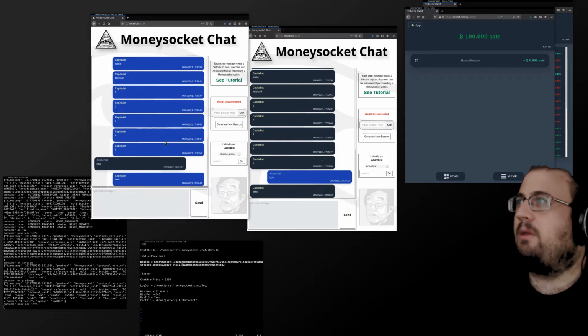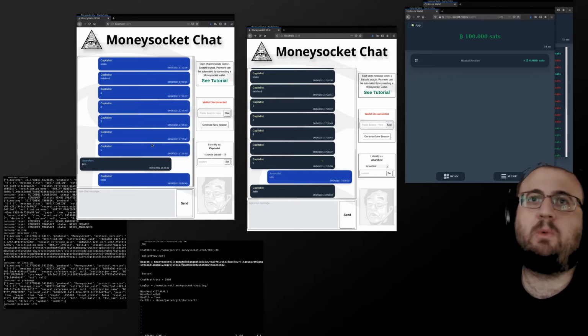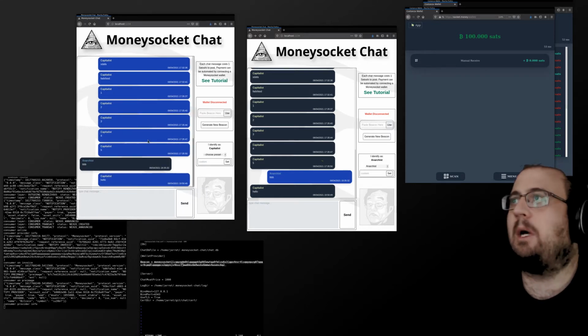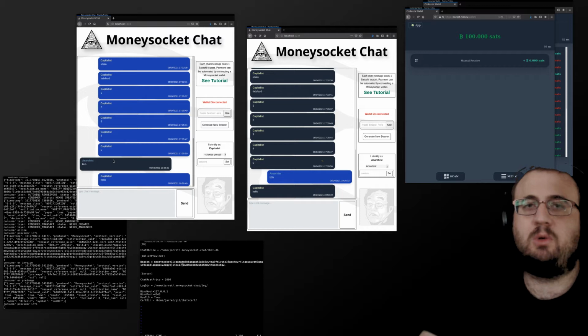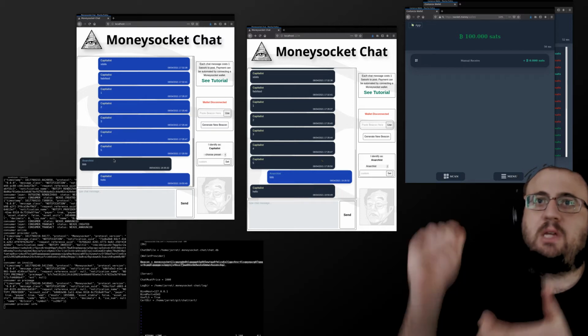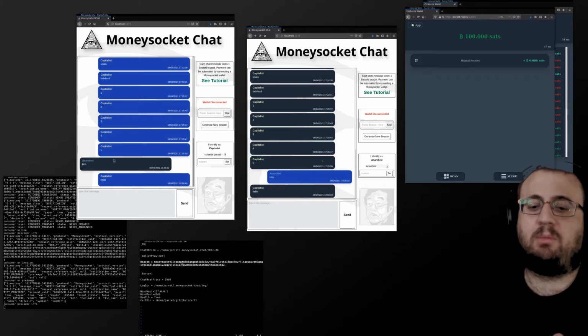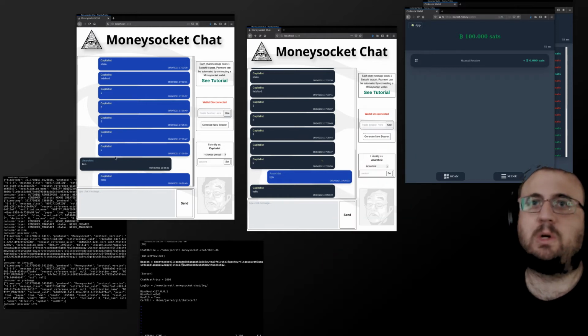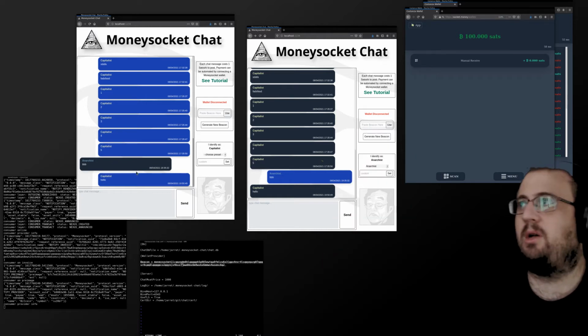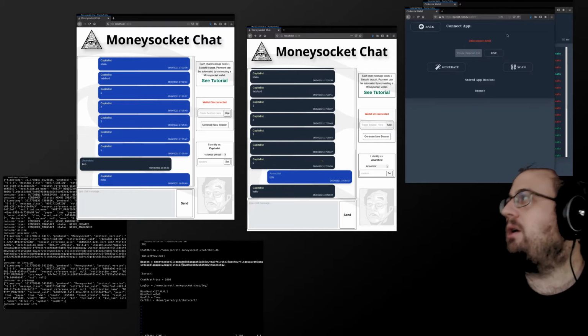Now that's kind of what I'm trying to illustrate with Moneysocket, is that this is bad UI. You don't want people scanning QR codes every time. Using 2 devices at the same time to do a chat, for example, is undesirable. There's just like your arm will get sore, and once the novelty wears off, you're not going to do it. So the idea here is you